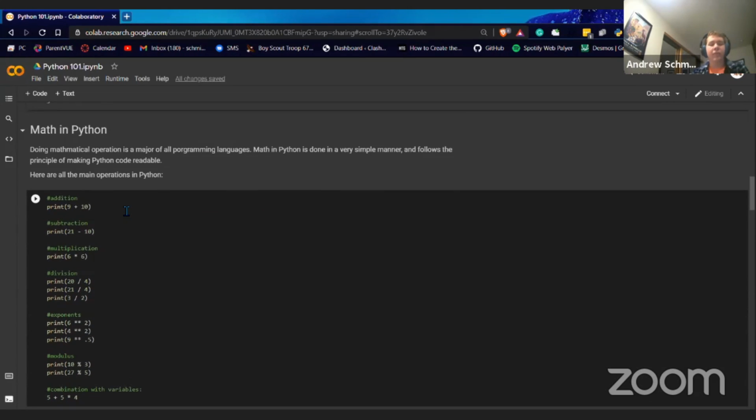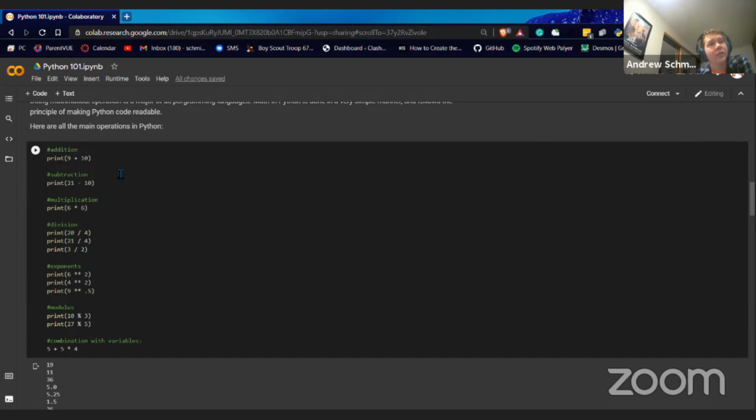One of the other major things that we do in Python and pretty much every other language, everything you do in computer science, is math. Math is pretty intertwined with computer science. You definitely don't have to be great at math to be a great computer scientist, especially if you're in something like web development. You definitely don't need to learn a lot of math. But once you start getting into the theoretical aspects, like machine learning and some of the more advanced stuff like that, you'll definitely need to get your math skills down. But for now, don't worry about math too much, but we are going to have to do some basic math